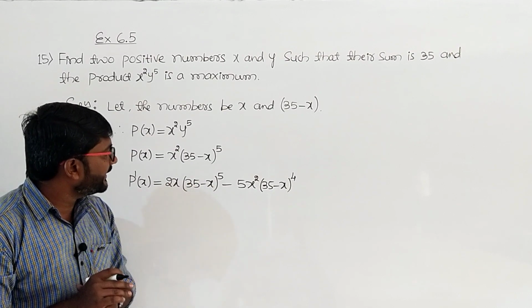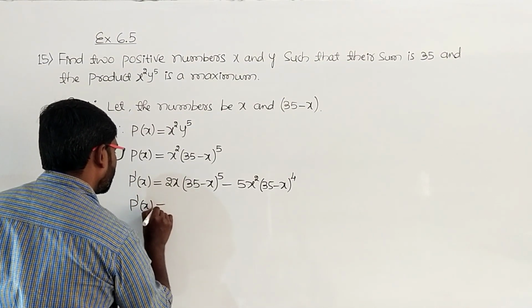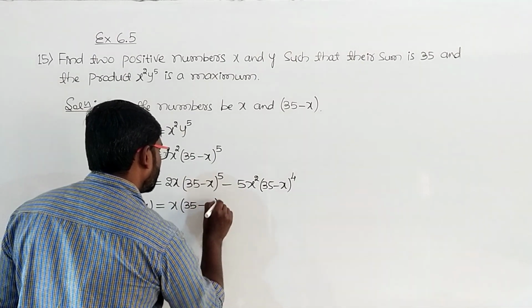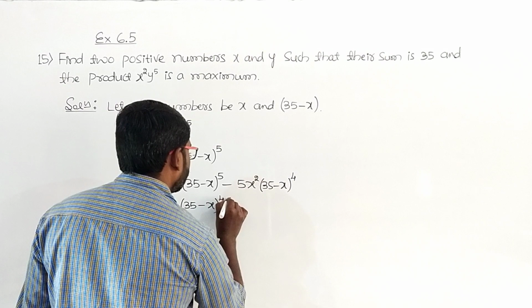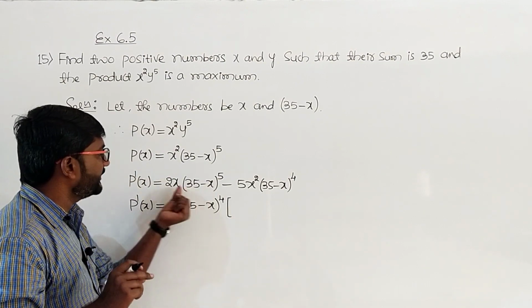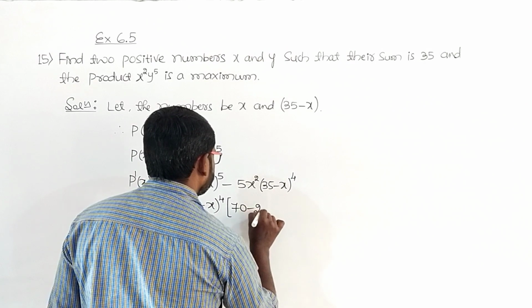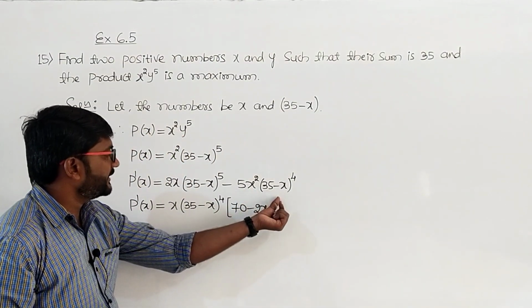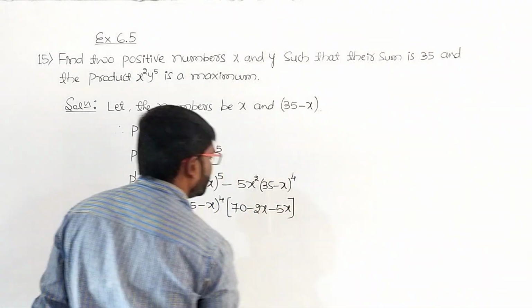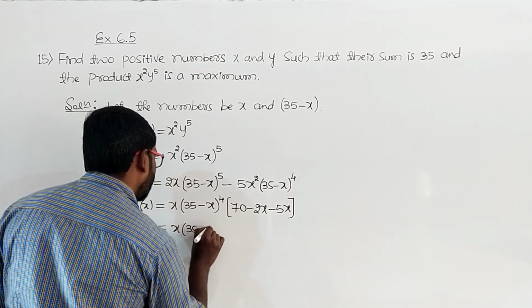Now in both the terms we can take x into 35 minus x to the power 4 common. So here p dash of x is equal to x into 35 minus x to the power 4 common, and then what we get inside the bracket. So here we have already taken x into 35 minus x to the power 4, means you will be having 35 minus x term here, multiplied by 2. So 2 into 35, it is 70, and then 2 into minus x, it is minus 2x. I am writing it directly here. Now take x into 35 minus x to the power 4 common. So we get minus 5x here. So now p dash of x is equal to x into 35 minus x to the power 4